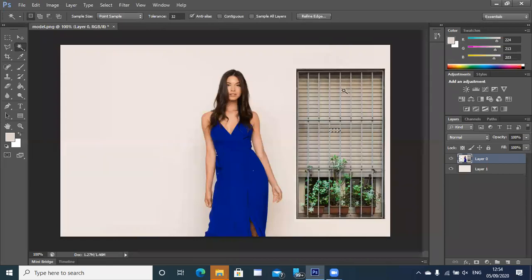If I keep contiguous off, you will get to see all boxes near that area get selected. Same color will get selected. If I click on blue, that shade of blue, all the colors near that shade of blue will get selected automatically. So that is the power of a magic wand. The magic wand will find colors related to this color and select that. So I can quickly select the background just by tapping on it once using a magic wand tool. Now the disadvantage of this tool is areas here also are getting selected, and even here. So for that, keep contiguous tick on and click. So it will not select that area.